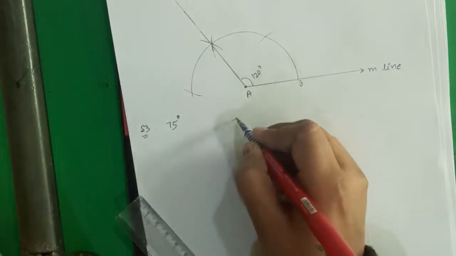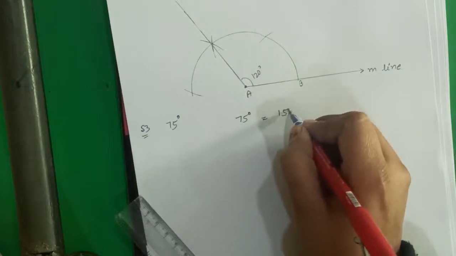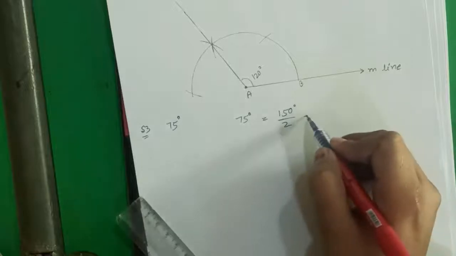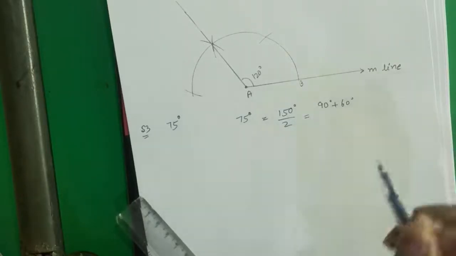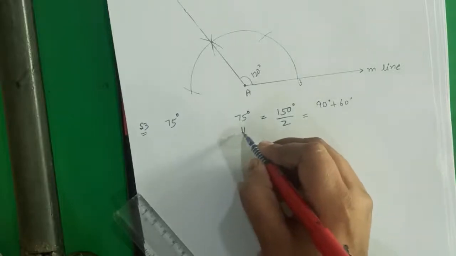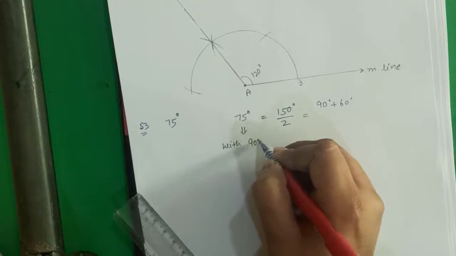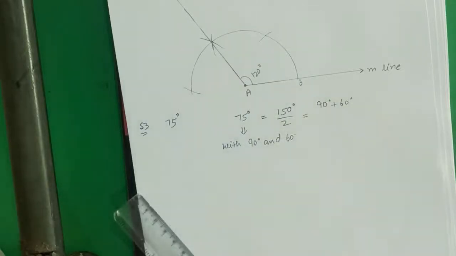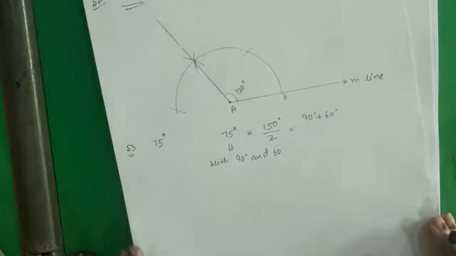So you know 75 is half of 150 degree. 150 degree का half होता है, और 150 degree equals to 90 plus 60. So it means 75 degree will make with 90 and 60 degree. Right बच्चे? So firstly हम 90 degree का angle draw करेंगे, and 90 you know how to draw 90 degree